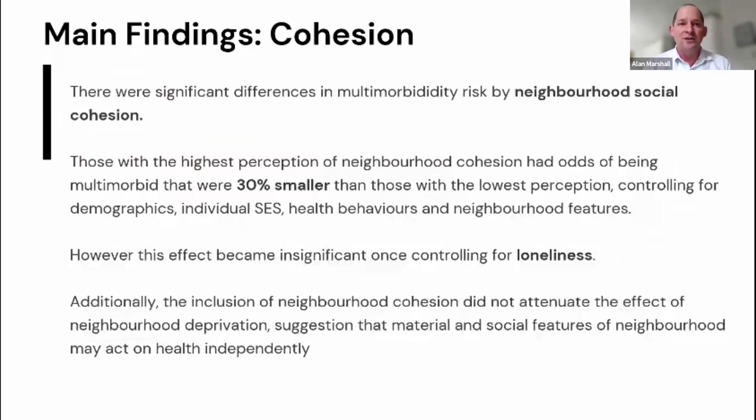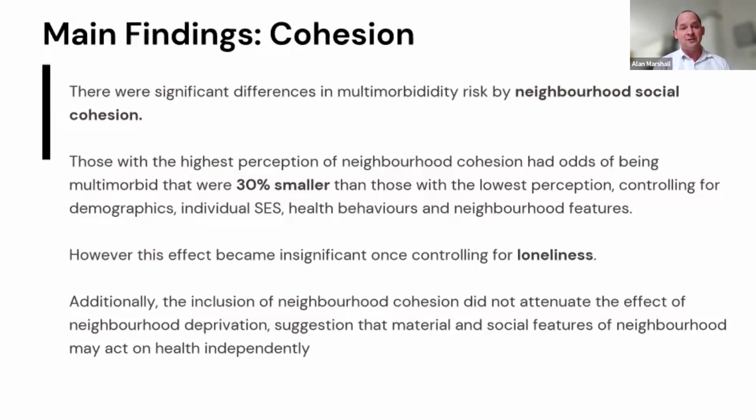Okay, so let me go over some findings. So first of all, thinking about neighbourhood social cohesion, we found there were significant differences in multimorbidity risk according to this variable in terms of what people think about their neighbourhood. So those who had the highest perceptions of neighbourhood cohesion had odds of being multimorbid that were 30% smaller than those with the lowest perceptions of their neighbourhood. And that's controlling for other things like their demographics, their social characteristics on an individual level, their health behaviours, and